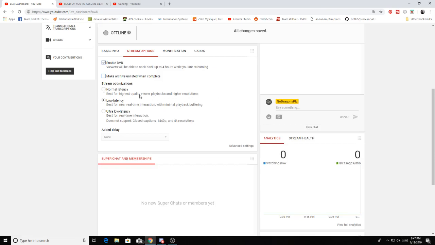Obviously, normal latency will be good for people who want better quality viewer playbacks, but it might be a little bit lagging. Low latency is good for near real-time interaction, and ultra-low latency will just be like there'll be almost no delay. All it does is put delay between you and the user who's watching by kind of padding the bits that are sent out from your stream a little bit